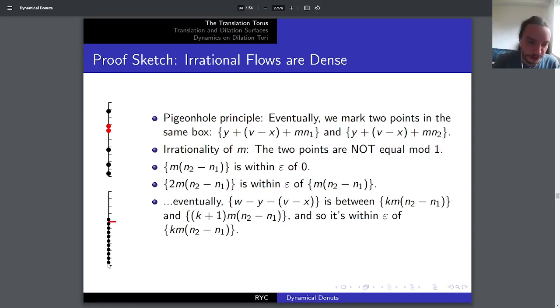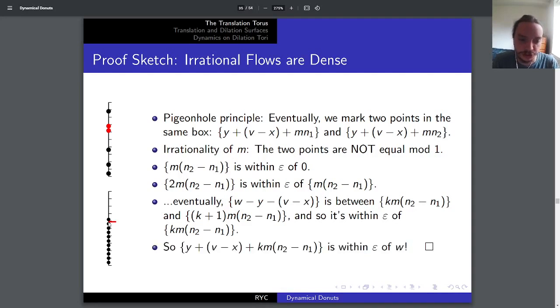So we can look at the picture down here now. I keep climbing up this ladder. So this is m times n2 minus n1. I climb up, climb up, climb up. And every time I climb up, I'm moving up by less than epsilon, right? So I kind of hit every box as I go up. I can never skip a box because then I would have skipped a gap of more than size epsilon. And eventually, as I keep climbing up, eventually I find a point where